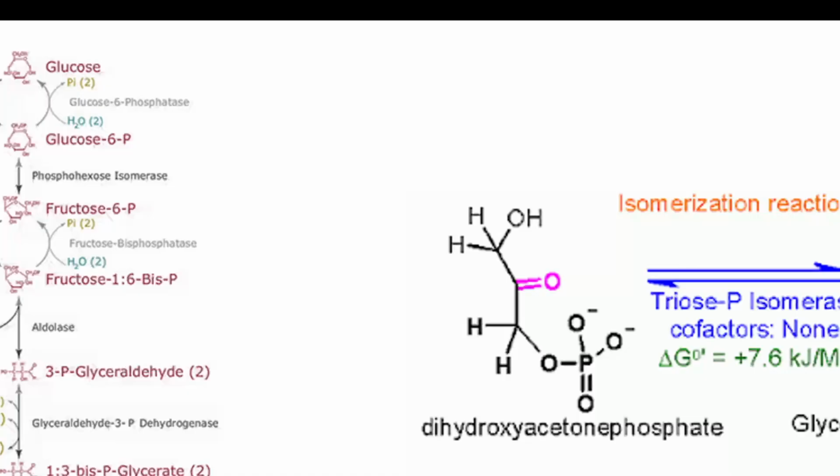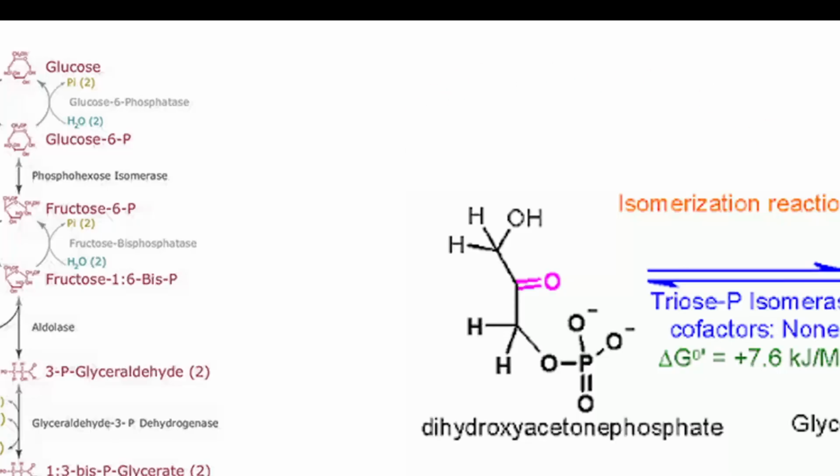This is a reversible reaction, but under glycolytic conditions, it favors the formation of glyceraldehyde 3-phosphate because G3P is quickly used in the next steps. So this isomerization reaction is a reversible reaction. Glyceraldehyde 3-phosphate can also form dihydroxyacetone phosphate. It can turn back the rate of reaction, but it never happens in the glycolysis pathway because